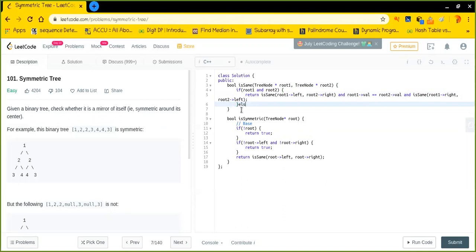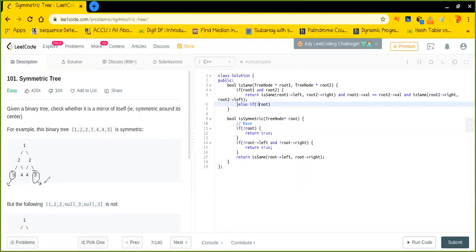But there are some cases that we need to handle explicitly. These are, for example, both of the roots are not there, I mean, at the same time. Just a second, guys. Yeah, let's say while traversing, I came to here, and I'll again try to explore the left, but there is no node existing. That is why it is a null node. And similarly, here, when I go to its right, there is also no node existing.